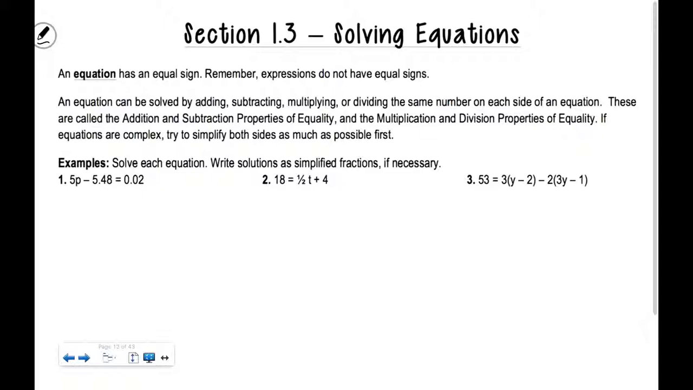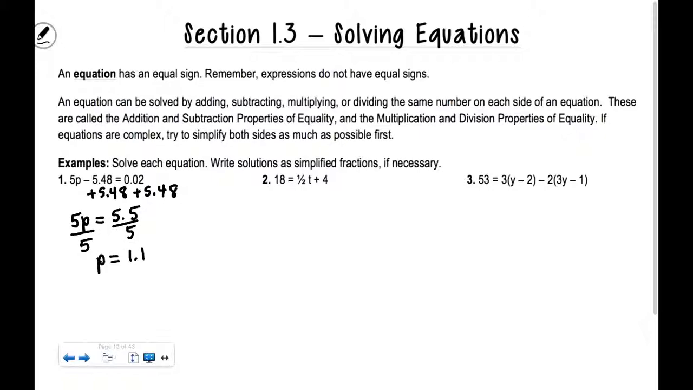It says solve each equation, write solutions as simplified fractions if necessary. So we're going to add the 5.48 to both sides. A lot of you are not going to need to show your steps anymore, now that you're in Algebra 2; you're going to do it quickly in your head. If I have 5.48 plus 0.02, I get 5.50 or 5.5. So when I divide by 5, because 5 times some number gives me 5.5,